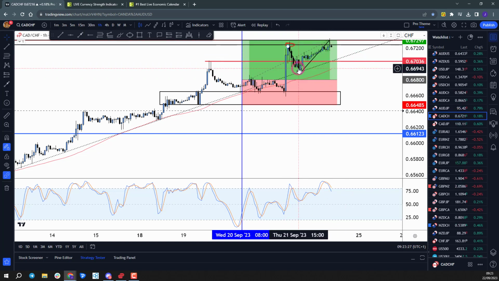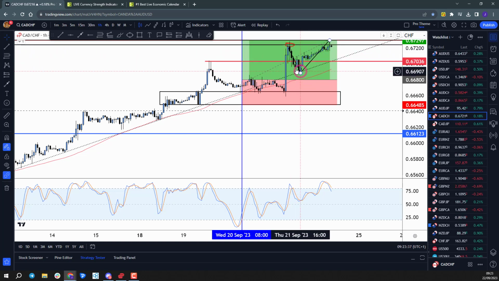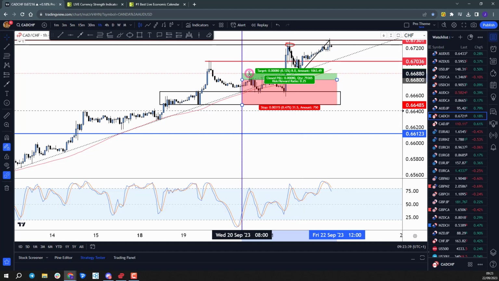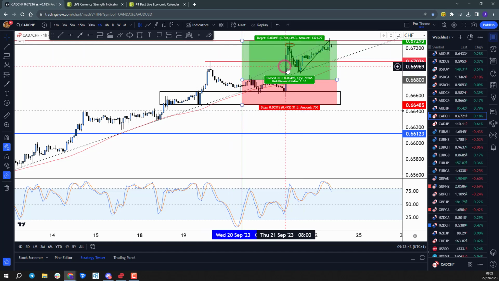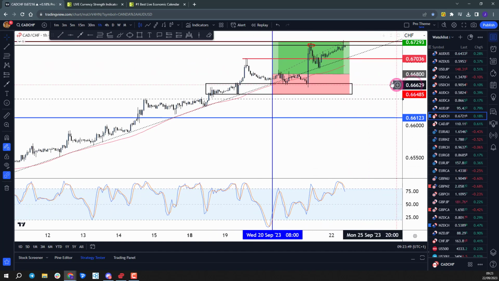psychologically, seeing you so close to target. I think it was like 2 pips away from target. So seeing price go to 2 pips away from target and then pull all the way back down to being 8 pips in profit, that would have tested you emotionally. So if you did sit through that, then well done. And then obviously price has hit targets today.